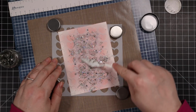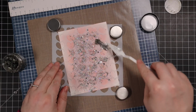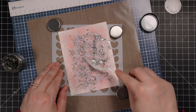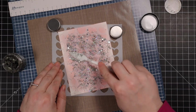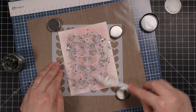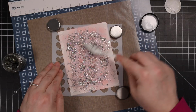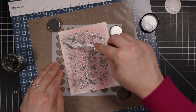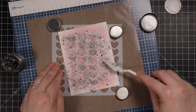So I applied it over these layering heart stencils that I used in a recent video. I'd used the larger stencils in the set. This time I'm just using one of the smaller heart stencils. I put it on an angle. I'm working on my Wendy Vecchi magnetic mat. I rolled up a little piece of washi tape to hold the cardstock in place. Put the stencil on an angle, and then just applied the glitter gel. This is